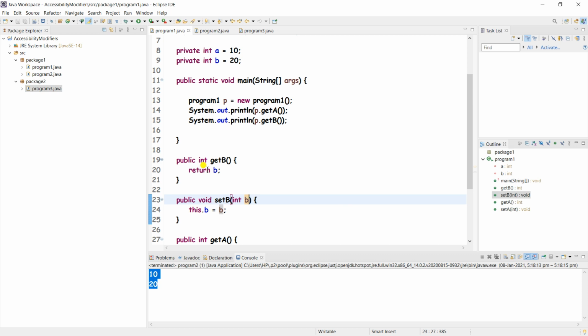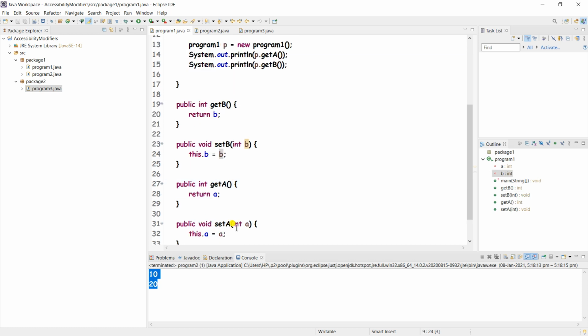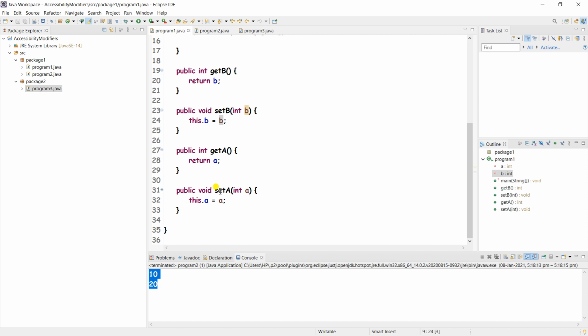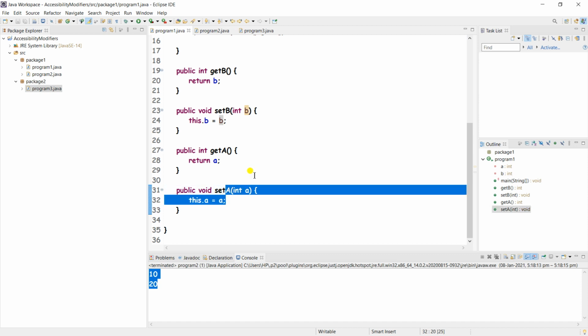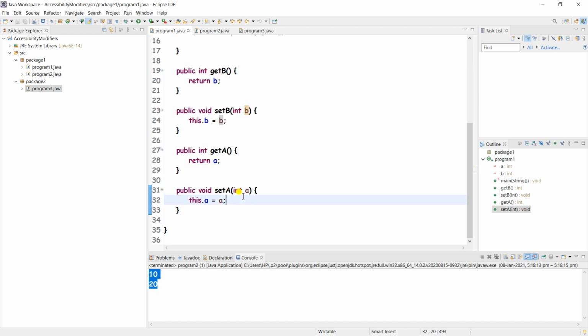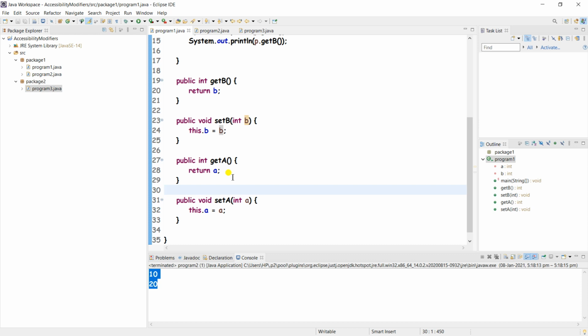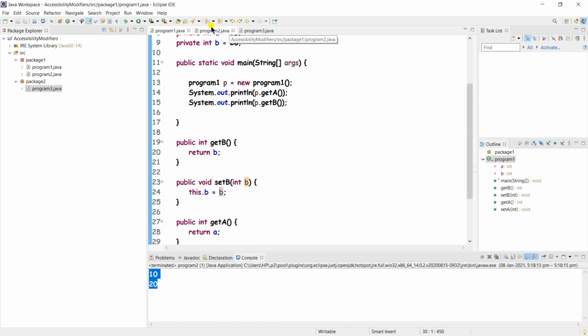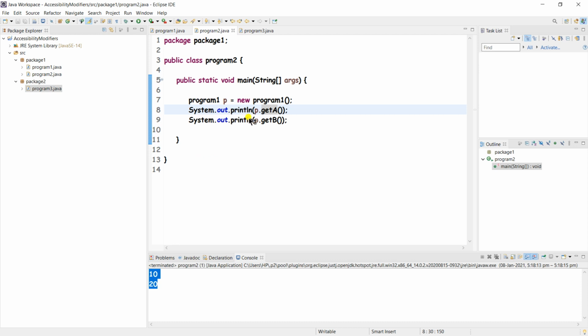And here the b value will be assigned as 20, right? And the same way, the 10 value will be assigned to the a variable, and then it will return the 10 value for the a variable, right?